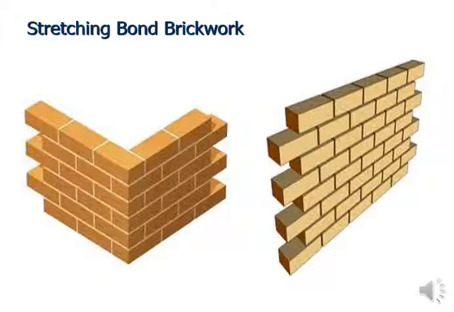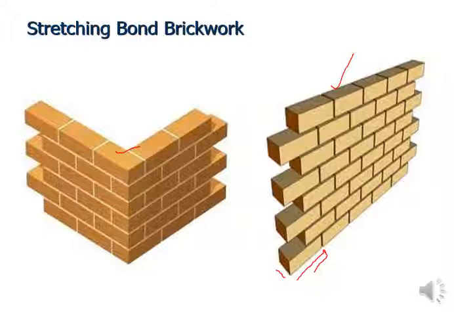Next one is a stretching bond. Okay, so stretching bond from the mid part of the wall and at the corner or the junction. So that is very simple to place the stretching bond. So if it is from the mid, so again along the length, meaning 9 inch dimension should come at the front face, okay, and 4.5 on the other side. So you are going to change the orientation of your brick.